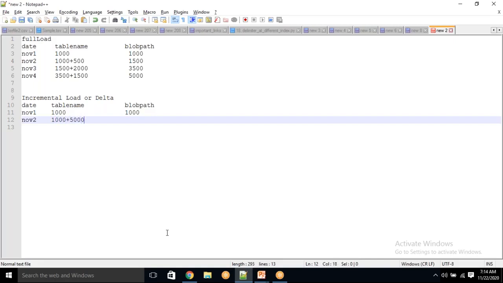For this I have added 500 records. Now can you tell me, out of these 1500, 1000 records are existing and these 500 are new. Out of this 1500, how many records are new? 500. Very good. So only 500 are the records which are new. But these 1000 records you already loaded. Now this 500 also loaded, meaning the complete data which you have as of November 2nd, everything you loaded into the